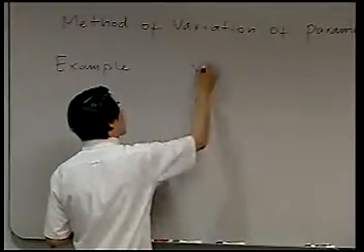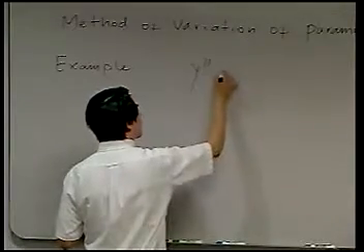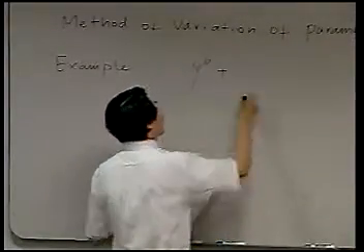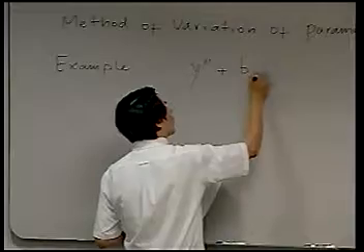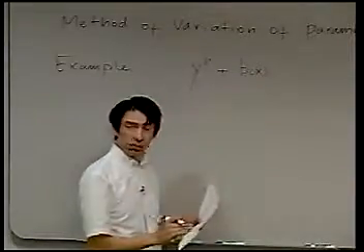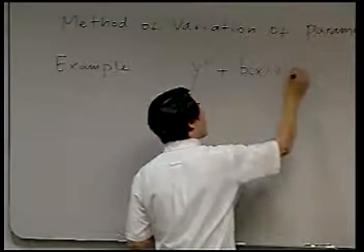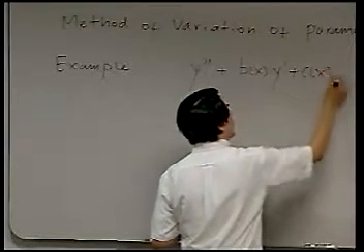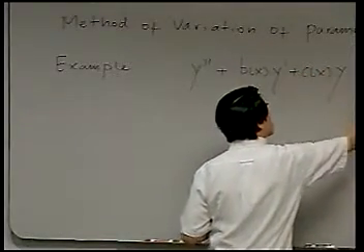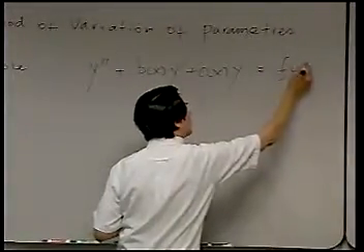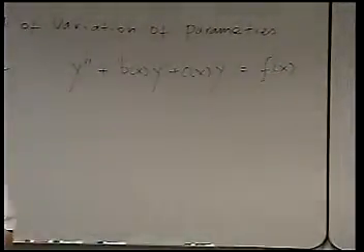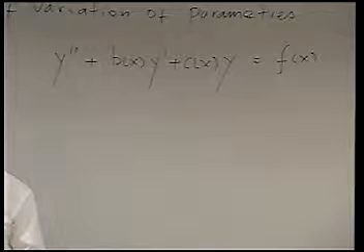The second order linear differential equation of the form y double prime plus b(x) y prime, here b is a function of x, suitable, of course, plus c(x) y equals some function which we will require to be suitable for whatever computations we